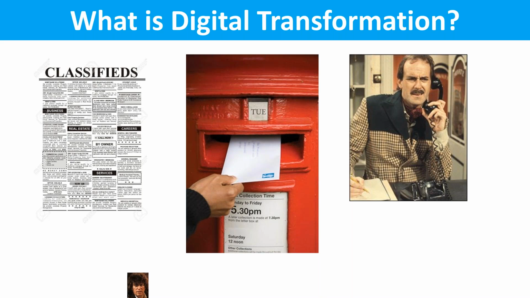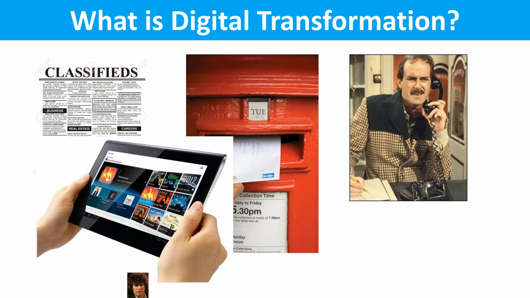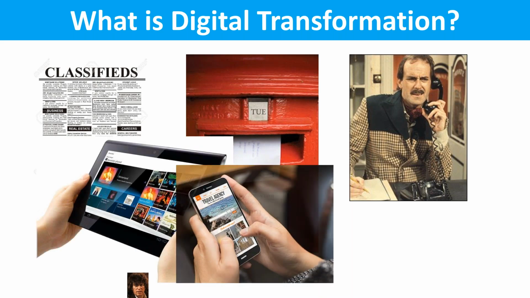If you then jump in our time machine and travel forwards to today, if you want to book a hotel room, what do you do? You get on your tablet or your laptop and you start searching, or even on your mobile phone. You go to a website or you launch an app, something like booking.com or wheretostay.com, something like that. You give it some parameters. You tell it, where do I want to go? How much am I prepared to spend? What facilities am I looking for? It gives me a list of what's available and the prices.